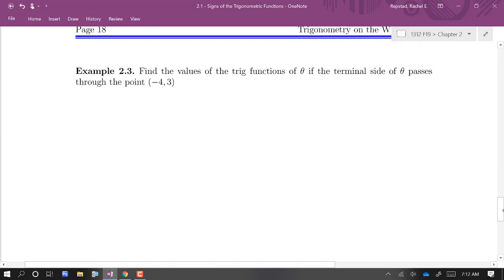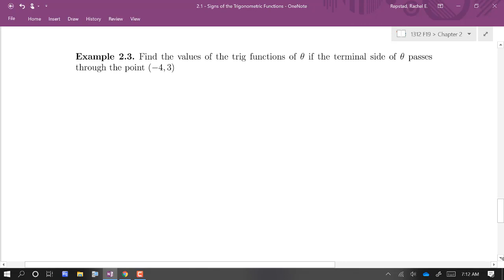All right, let's find values of the trig functions. Now, they don't tell us what the angle is, but they do tell us that the terminal side passes through the point negative 4, 3. Now, that point, negative 4, 3, is not a point on the unit circle. But I think we're still going to be able to use this information to figure out what these